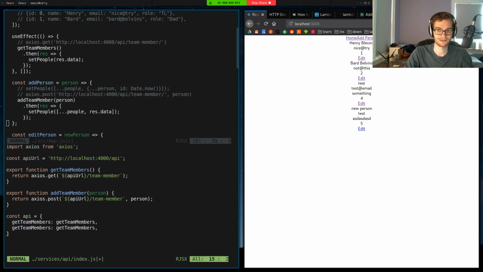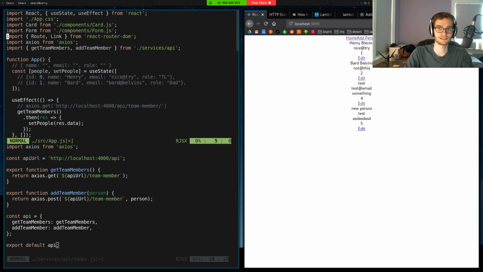And the same thing with add team member, add team member, and now I can export default API, and instead of importing these individually, I'll just get that